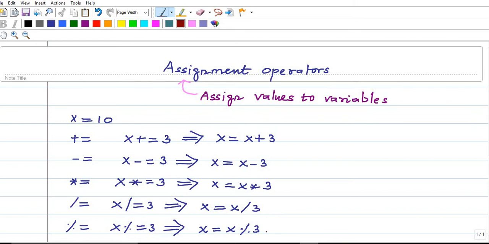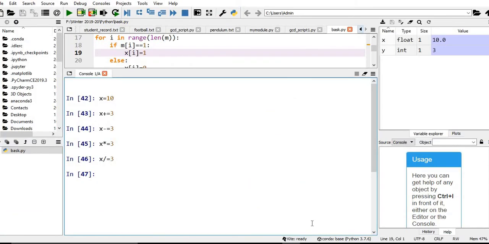According to the previous execution, x value is 10. I am just dividing this by 3. 3 3s are 9. So the remainder value is 1. So we can expect x value to be 1. So x percentage equal to 3. You just notice the x value has become 1.